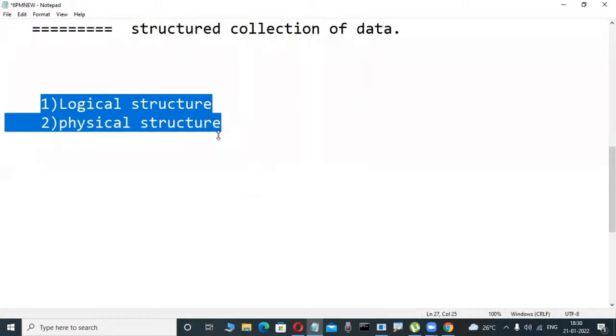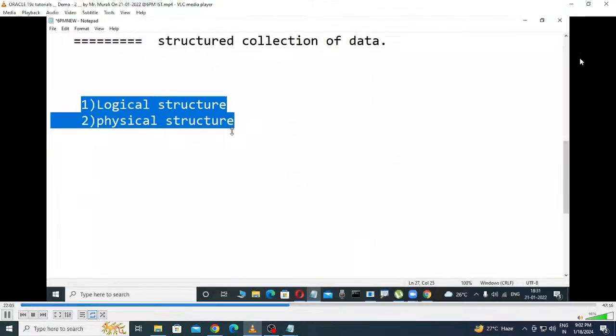Anybody in our class, maybe computer students, maybe on the academic career side, there is DBMS theory, database management system is a paper there, I think in MTech, MCA, BTech, BCA, this type